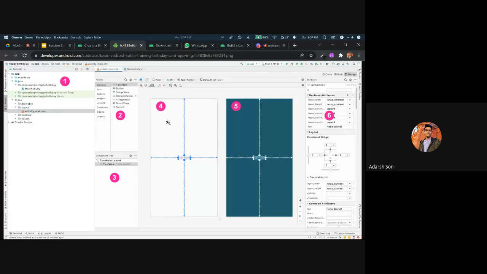The fifth is a blueprint, which can be useful for specific operations. We will be seeing it in the next sessions. And the second one is a palette, which contains a list of all the different types of views you can add to your app, like text, buttons, widgets, layouts, containers.